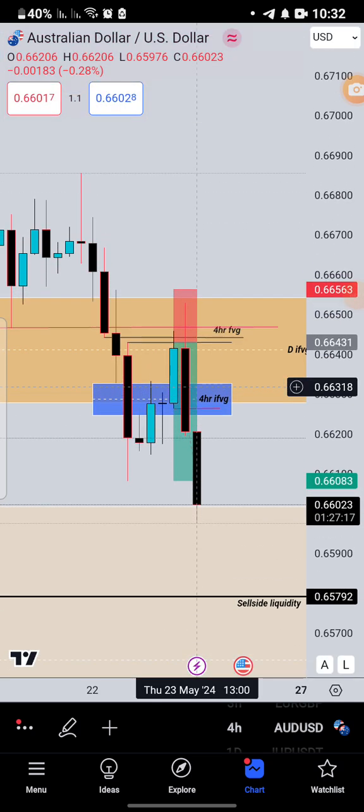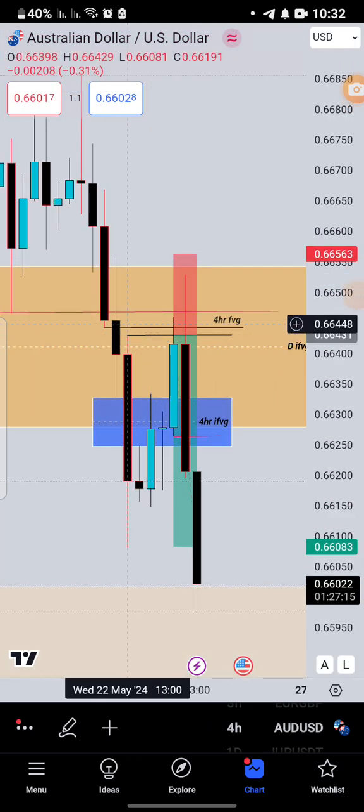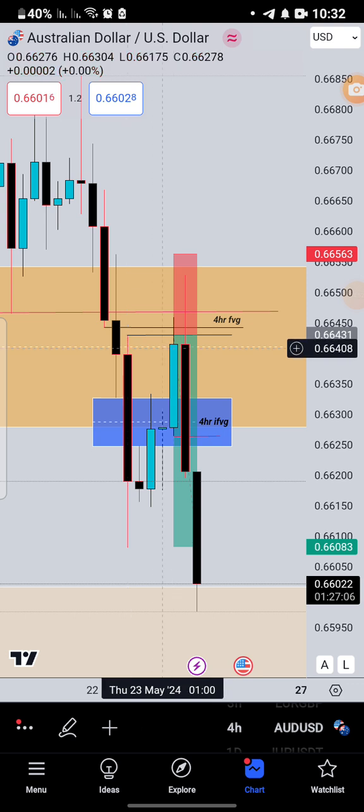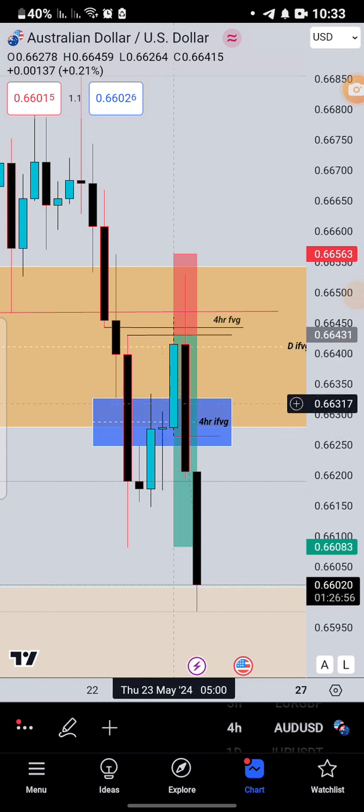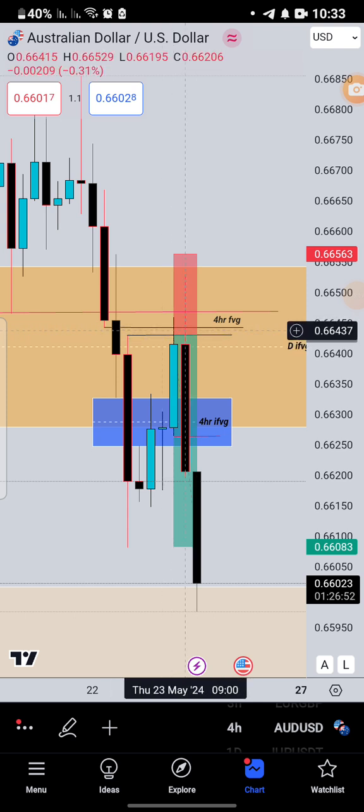So I dropped onto the 4-hour time frame, and inside the 4-hour time frame, you can see I noted we had this 4-hour fair value gap, this candle's low, as well as this candle's high. I noticed that, and this was a key level from which I was anticipating to see an inversion, because I'd seen price being bullish, and I did my analysis before this candle printed, and I noticed we had this fair value gap. So I was watching this level for inversions.